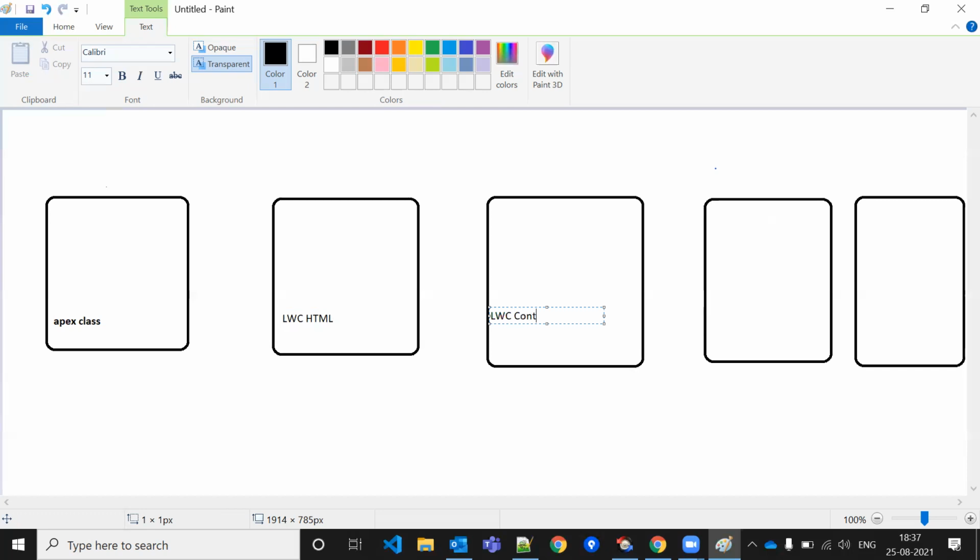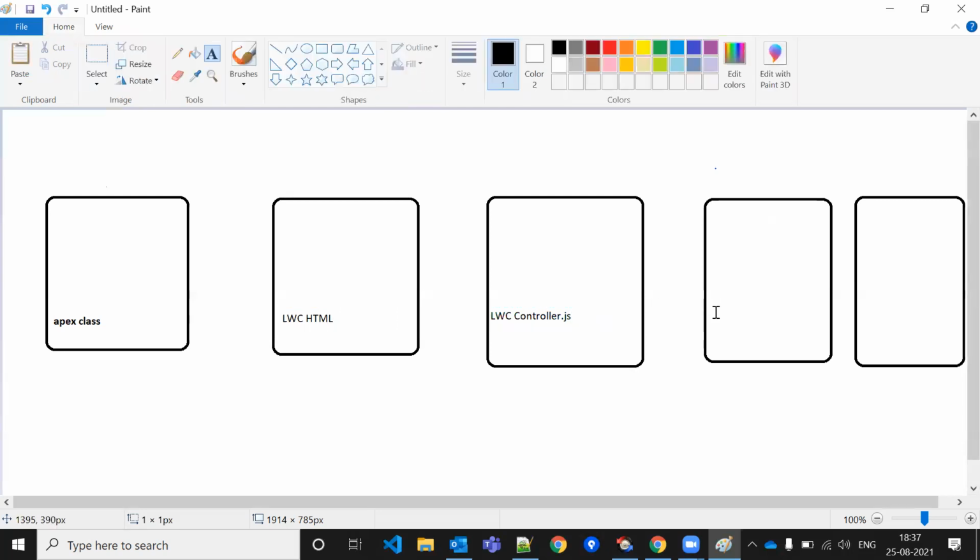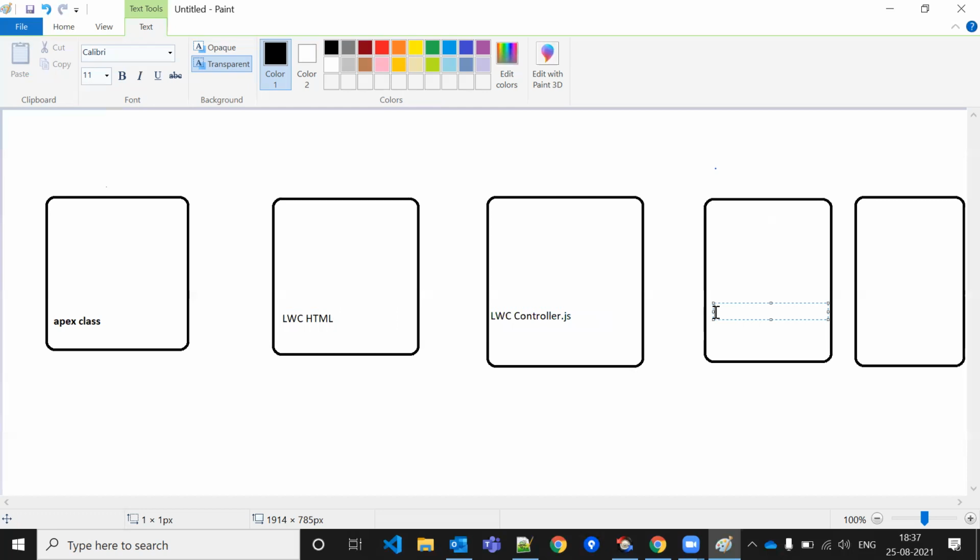Controller.js. And this is our CSS, LWC CSS. And we can say it's a meta XML file.